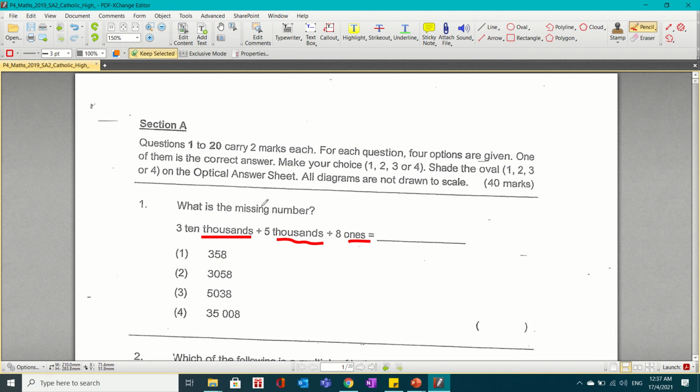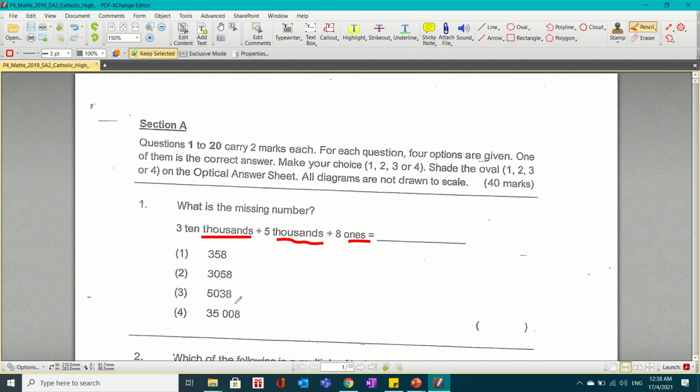So firstly, the first question is, what is the missing number? And this is a very basic question. The main focus that I wanted to tell you within this question was that it is a very straightforward question, so ideally you should be able to solve it. So 3 10,000s is just 30,000, 5,000 and 8, and you add them up and you get option 4, which